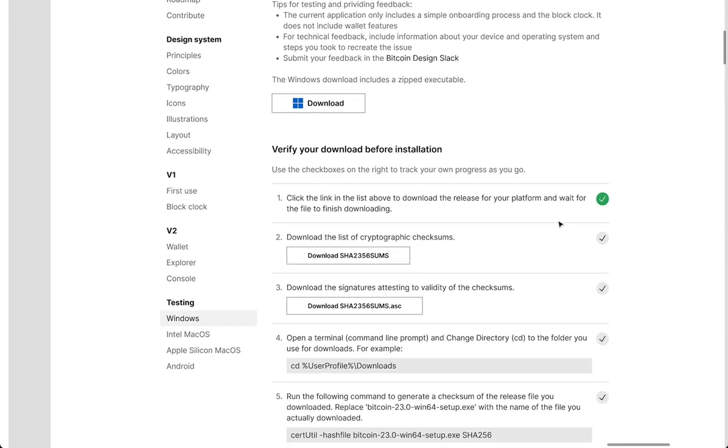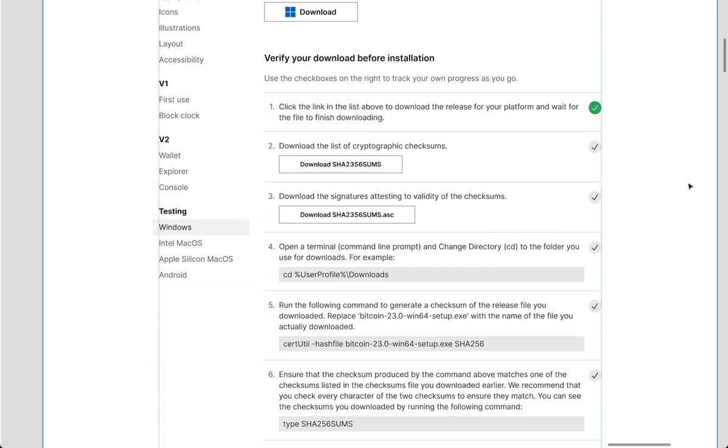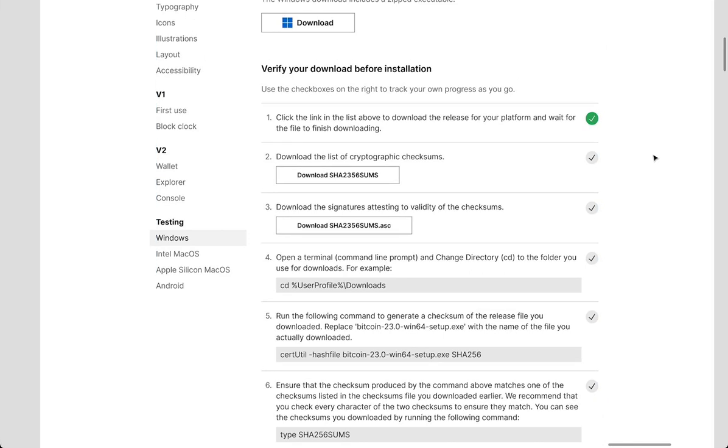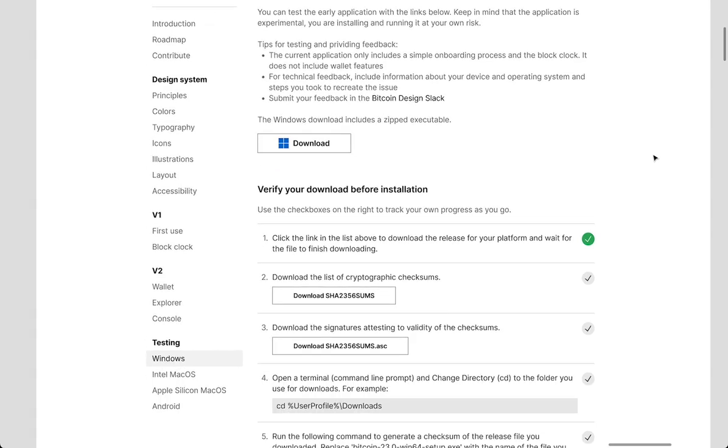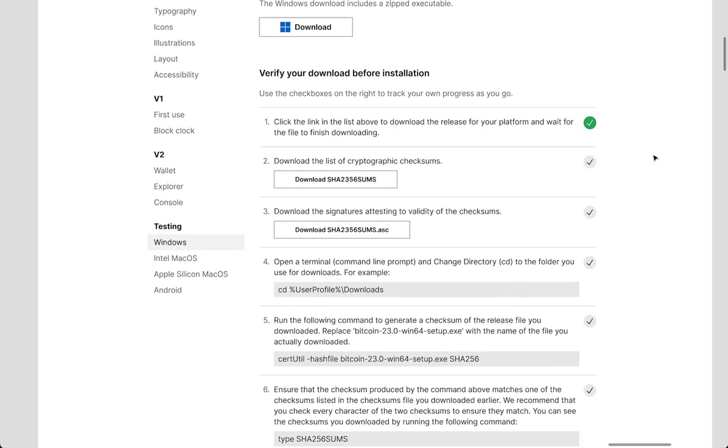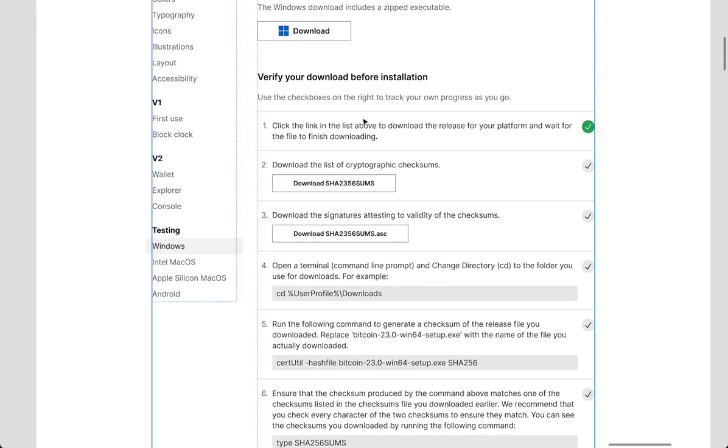And then, this is something that's a little bit hidden on bitcoincore.org, where I have to expand the verification information that is relevant to my operating system. But if we have dedicated installation pages, we can show them right away. And they're kind of hard to parse, so I tried to make the buttons a little bit bigger,